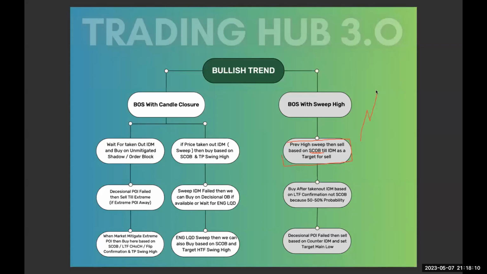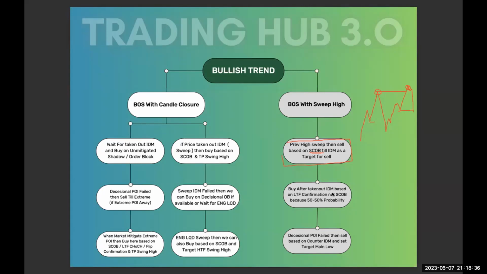Like inducement taken out, again continue going higher high, sweep this high, right? This sweep, and you can sell here till this inducement. So this is a counter trend sell. Okay. And after taking out the inducement,